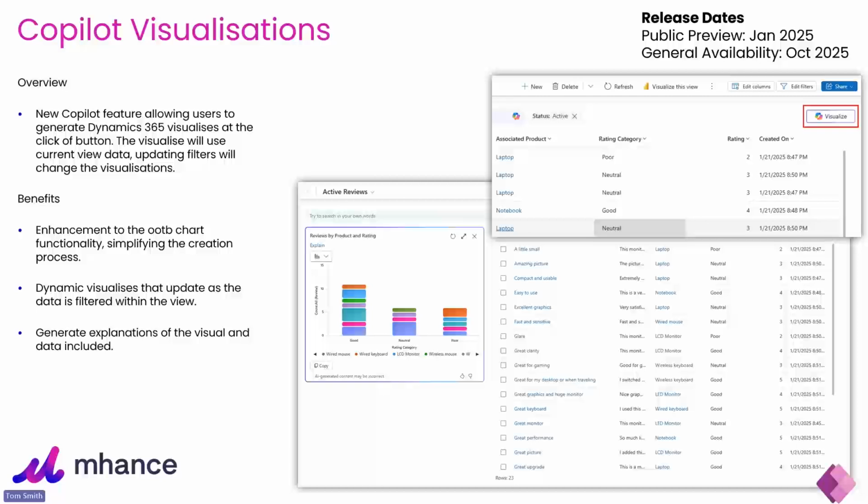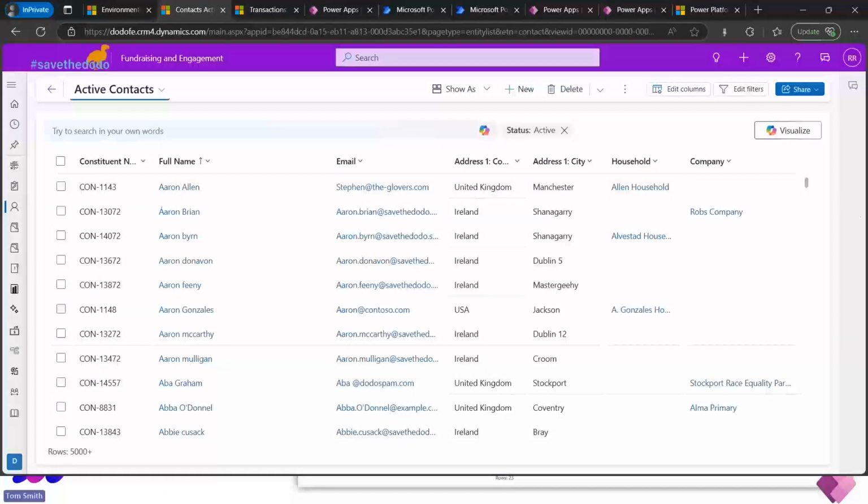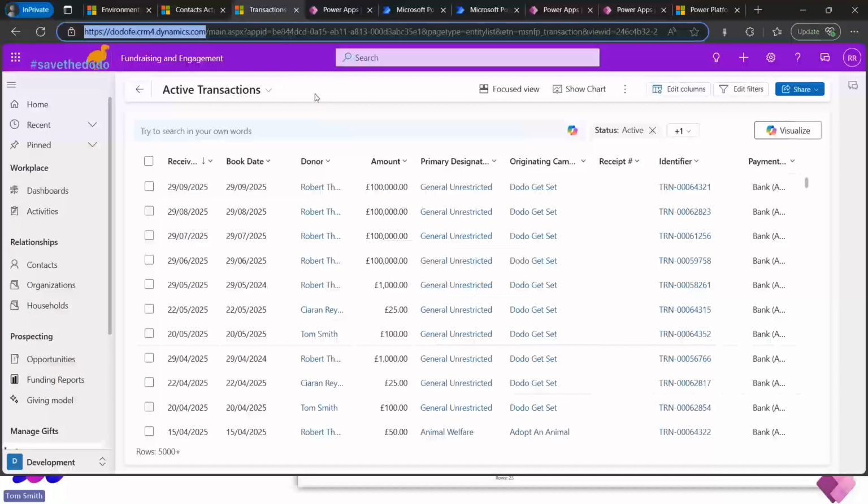As it is a preview feature, and as with many of these preview features, they are not for production use as of yet. So it's worthwhile putting them in your dev or test environments and just having a play around. And obviously, once they become generally available, that's when the idea is to then enable them for production use. For this one, it does become generally available from October this year, so a little bit later in the year. But if I just move to our demo environment and then go into this view here,